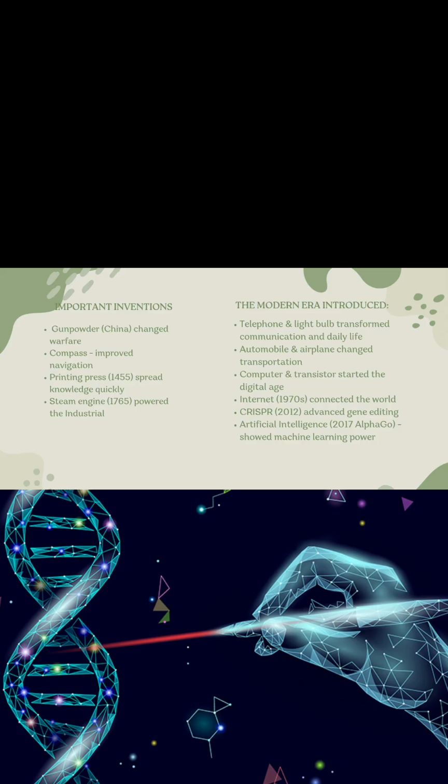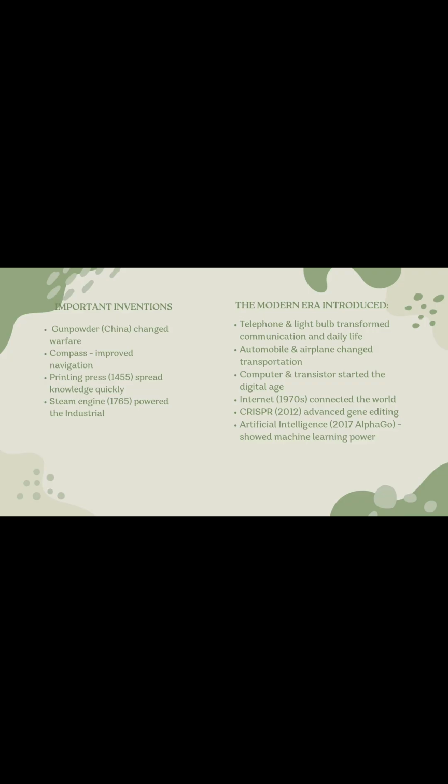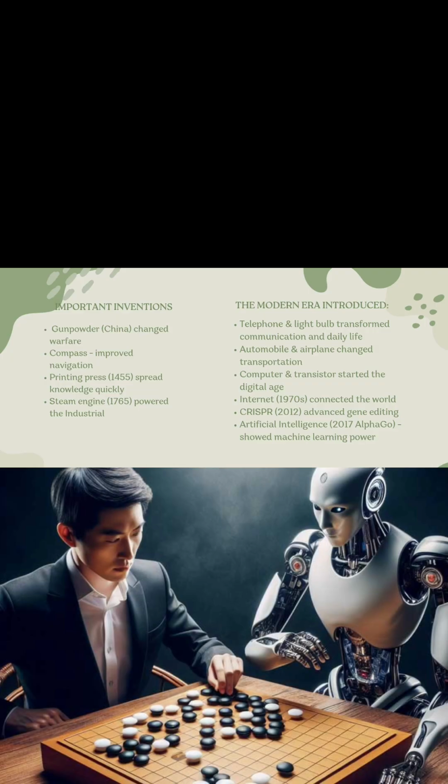CRISPR stands for Clustered Regularly Interspaced Short Palindromic Repeats. Scientists can change DNA to fight disease, improve crops, and study genes. CRISPR is a tool that lets scientists precisely edit genes by cutting and fixing DNA, like correcting a typo in a book. In 2017, the AlphaGo AI, developed by DeepMind, uses machine learning and neural networks to analyze moves